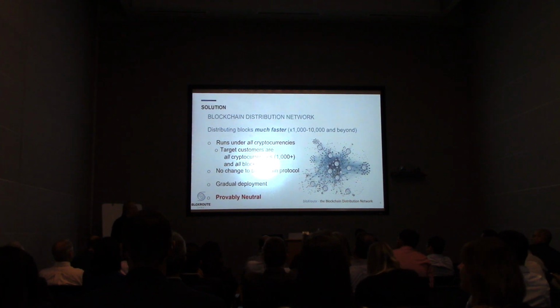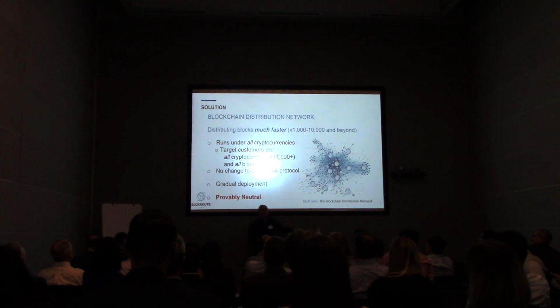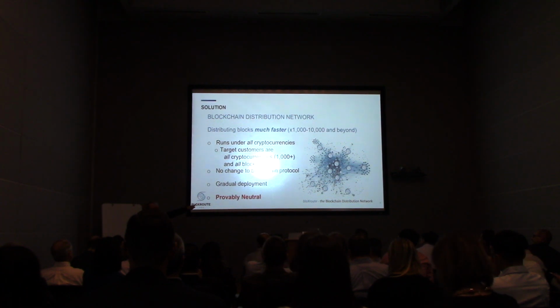But the real problem: we solved the scalability problem. At least I hope I convinced you here. The performance is no longer a problem. But now we have a very powerful player, which is our network, thrown in the middle of this blockchain community. And the key idea behind blockchain is that nobody owns the protocol. It's a completely distributed system, and there is nobody who has the power to stop or do anything with this network. So once we throw in this huge beast of ours in the middle of a blockchain, we have another